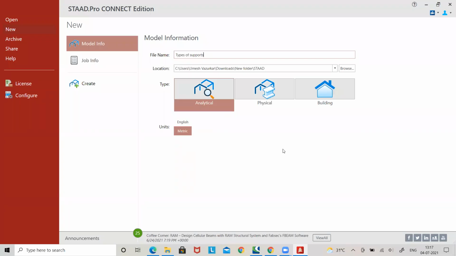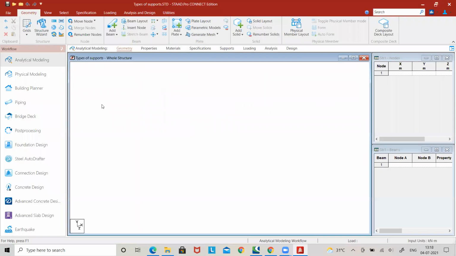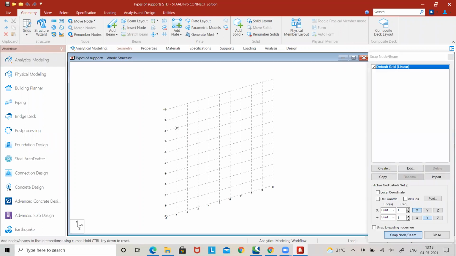Hello everyone. In this video, I am going to show the different types of supports available in STAAD Pro and where you can use these supports in civil engineering structure modeling. We will first go into STAAD Pro by creating a model. Then, just for the first step, I will model a beam